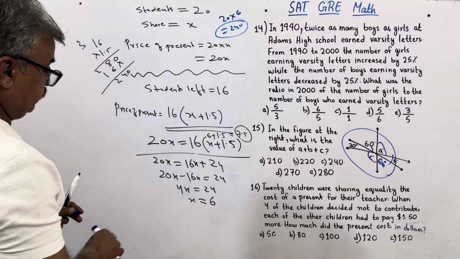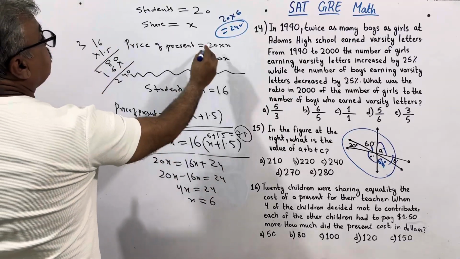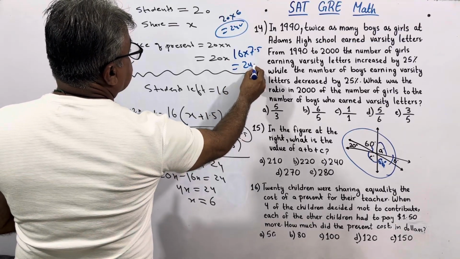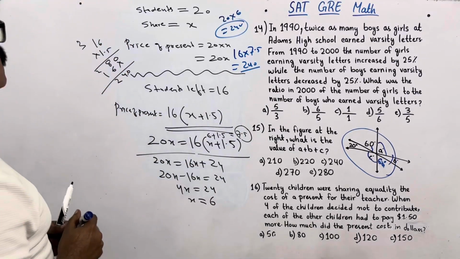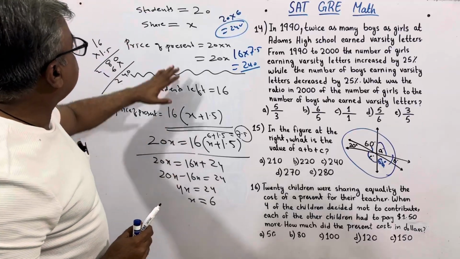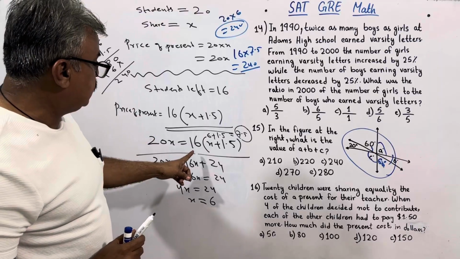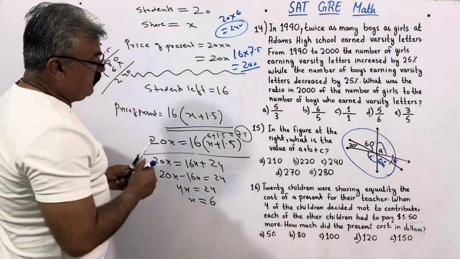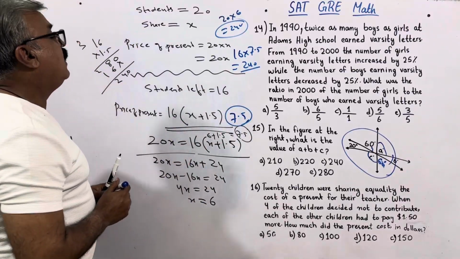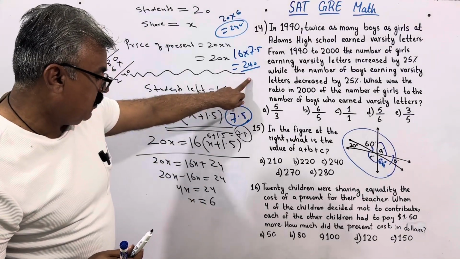Or one can utilize 16 times 7.5. You will get the same figure in that case. When there were 20 students, their share was $6. When there were 16 students, their share was $7.5. However, the price for the present is